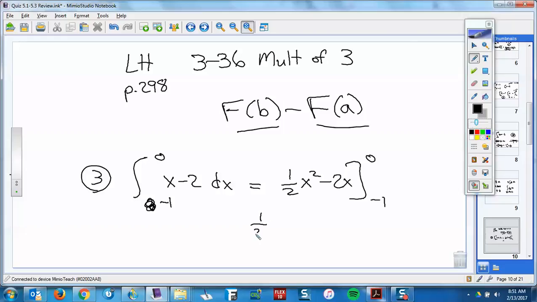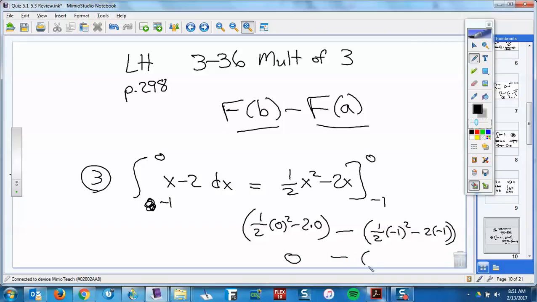We would put in 1/2 0 squared minus 2 times 0. I know that's all going to be 0. Minus, but remember I talked about how important these parentheses are. 1/2 (-1) squared minus 2 times (-1). We work that all out. This would be 1/2 plus 2. So that's 2.5, I think. And so the whole area ends up being